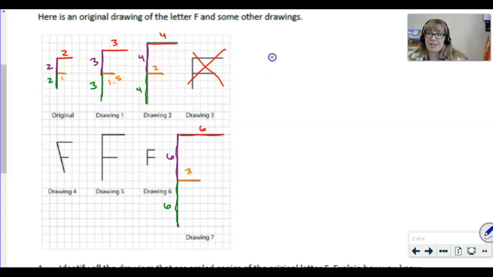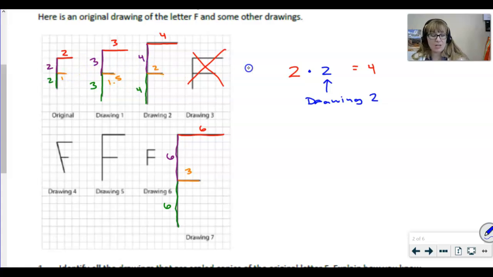And I want to make sure that we extend this a little bit further as well. I want to compare everything back to our original. So I'm just going to talk about the top parts here. 2, when it grew to be drawing 2, that 2 somehow changed into a 4. How did that change into a 4? Well, it's because it went through a little bit of a transformation here. It was multiplied by 2. It was doubled. Okay, and that here is for drawing 2. So to get from the original drawing to drawing 2, we can see that everything is doubled. 2 becomes 4, 2 is doubled to be 4, 2 is doubled to be 4, and this one is doubled